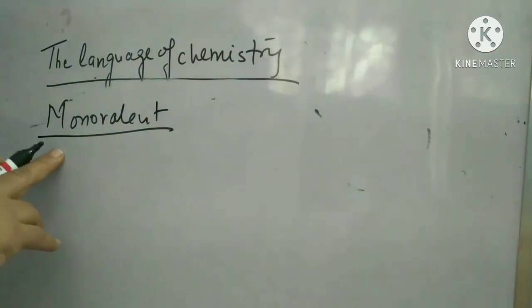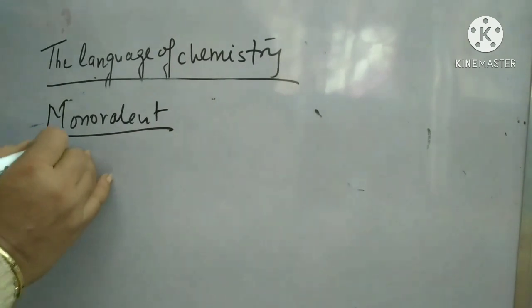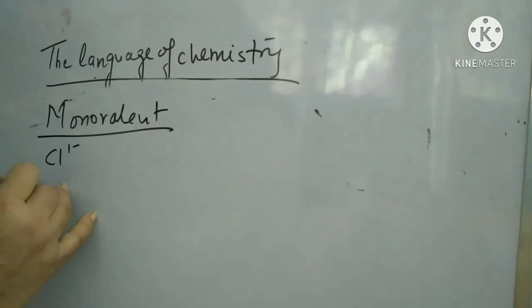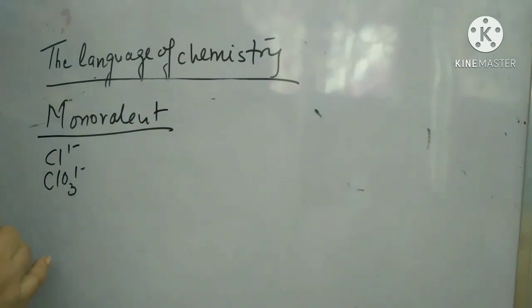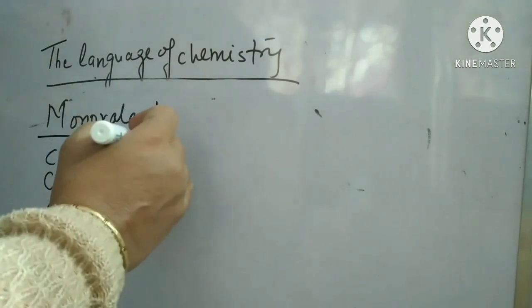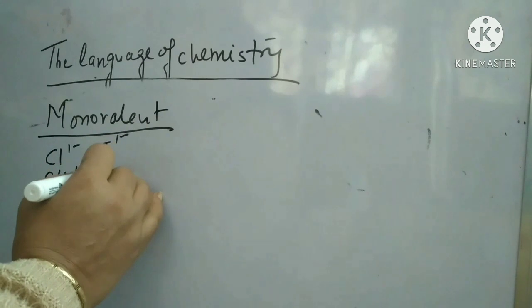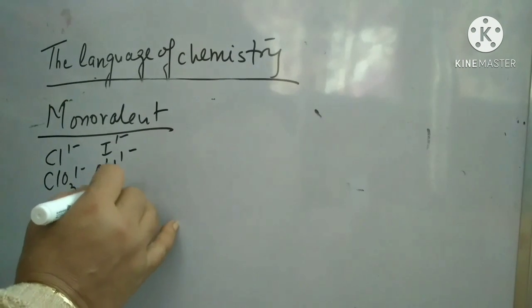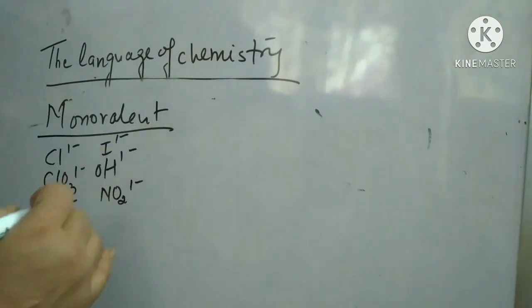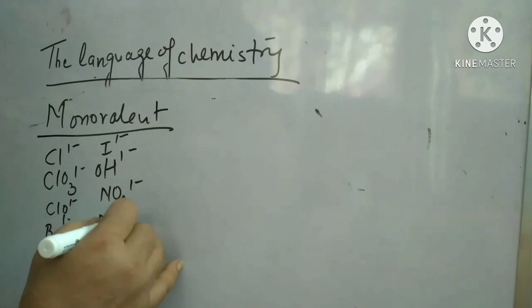Now if I say chloride, it is Cl1 minus, chlorate, it is ClO3 1 minus, hypochlorite, that is ClO 1 minus, bromide Br1 minus, iodide I1 minus, hydroxide OH1 minus, nitrite NO2 1 minus, nitrate NO3 1 minus,